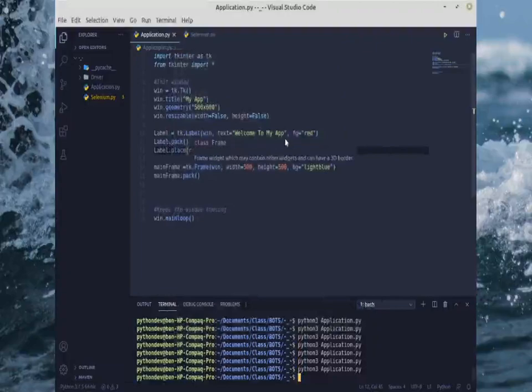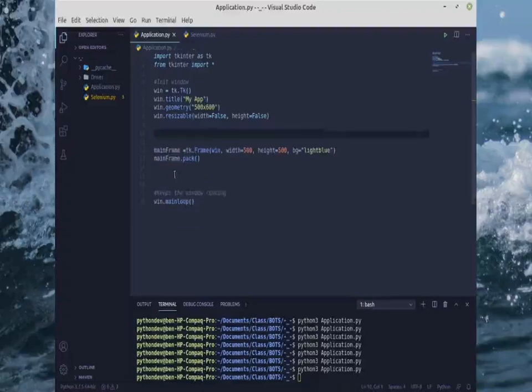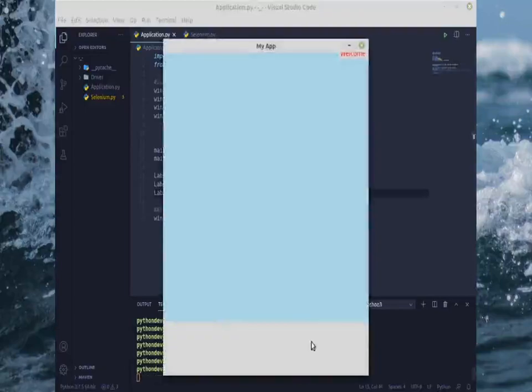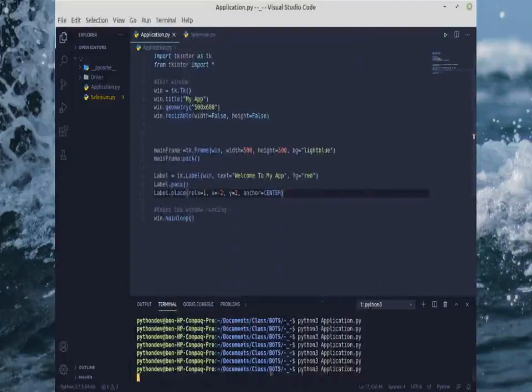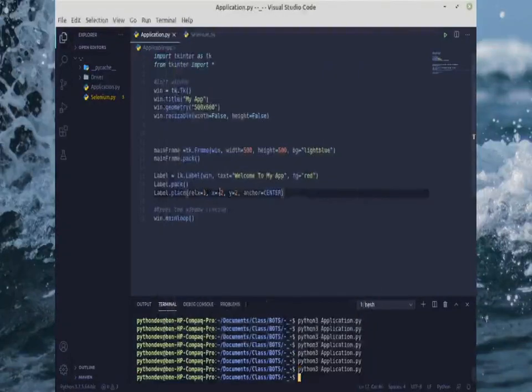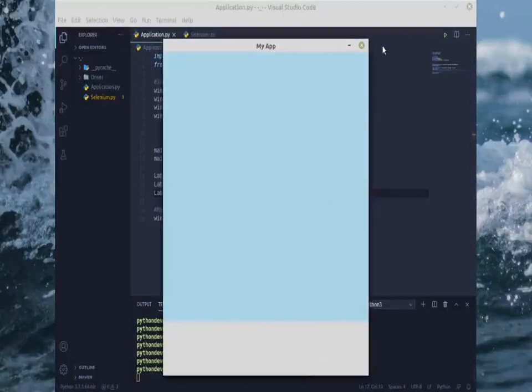So yeah, this is kind of pixel sensitive, which is why I don't really like using it that much. I personally use this method right here. It's called .grid, and here you specify column and row. So let's try this out. Let's set column equal to 1, and row equal to 2, and if we run this,